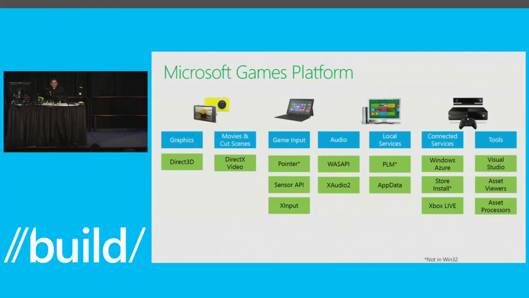Now, if I take that to the next level and talk about games specifically and where we are on our games platform, here's a view of where we were last year. If you were at Build about a year ago, this is the slide that we showed, and we were very proud when we showed it. We were like, oh, Windows Phone 8, we're converging on C++ and DirectX. Look at all this stuff that we're sharing. You could now write Direct3D games and share them across Windows Store and Windows Phone. You could use the same XAudio APIs on both platforms. You could have the same core window application model. You had everything. We were really excited.